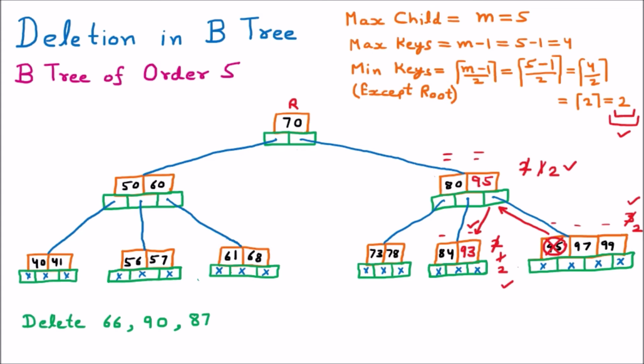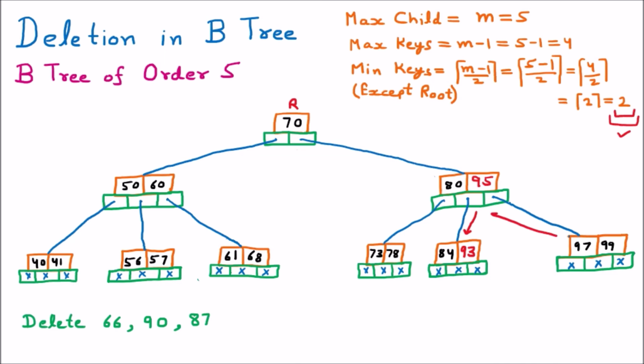So this part we are going to delete now. So from here the 95 is deleted, and now this block will be deleted as well. So here we have moved the 95 above successfully. So this is the new construction of the tree after deleting the 87. So this is how we delete the 87 element. First we deleted this, then we took the above element down, then afterward from the right node we took one element up. So this is how we have deleted the 87.